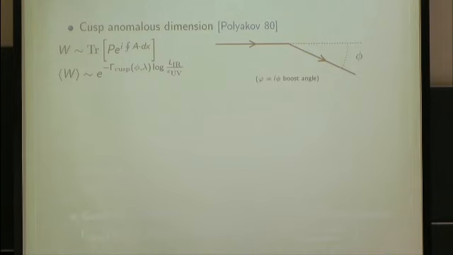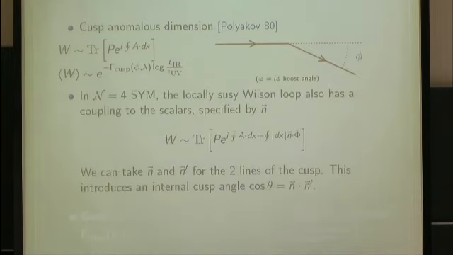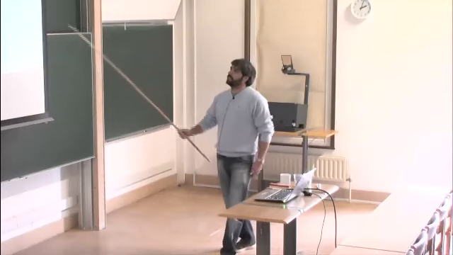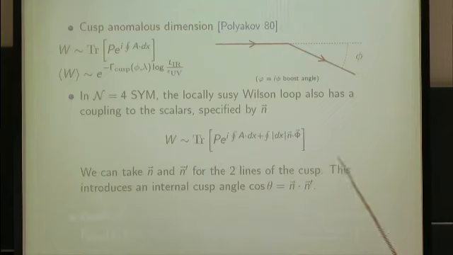As I said, I'm going to be considering this problem in N=4 super Yang-Mills, and not for this Wilson loop, but for this other one. In N=4, there are also these adjoint scalar fields, in the adjoint representation. So we can consider that this Wilson loop corresponds to a quark that is also coupled to these scalar fields. And the reason for adding this extra term in the Wilson loop